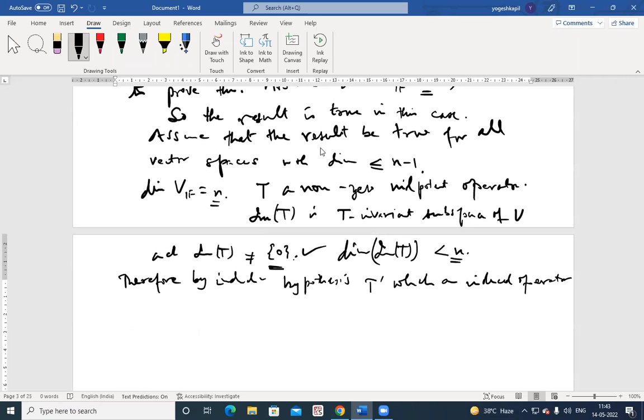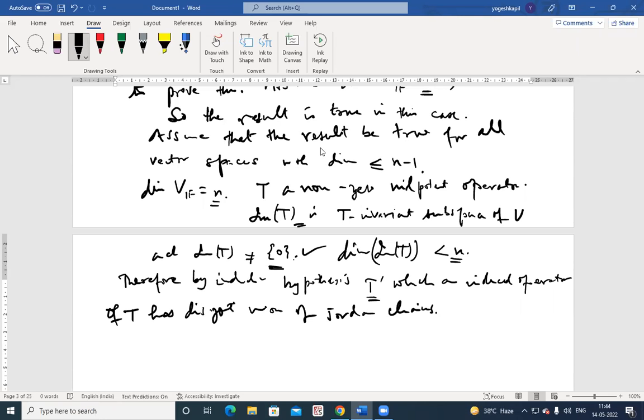Induced operator of T has a disjoint union of Jordan chains. So what is T dash? T dash is an induced operator of T on this image T. Is it all right? Since I cannot talk of T here, T dash is an induced operator which is on image T